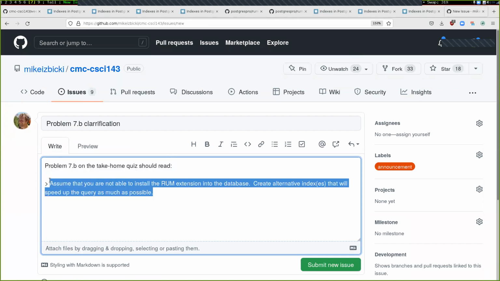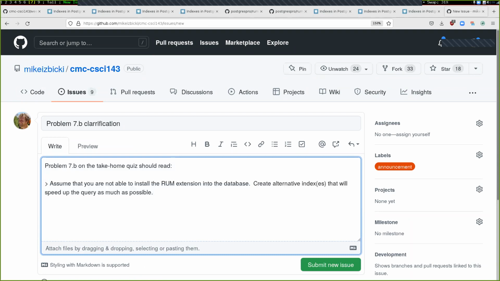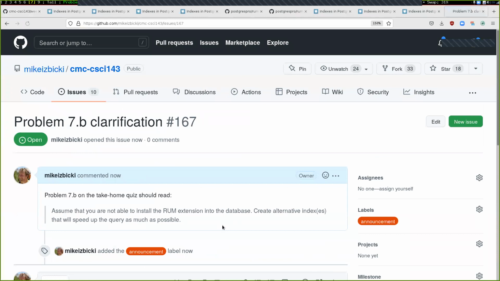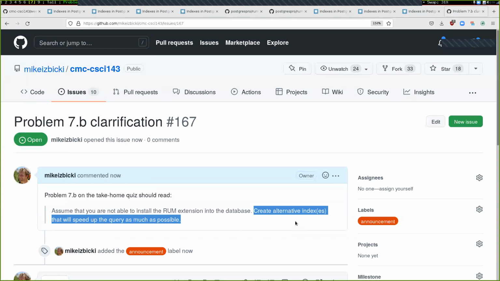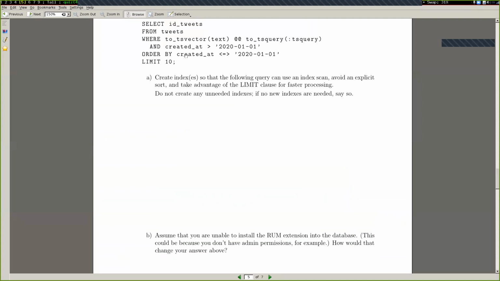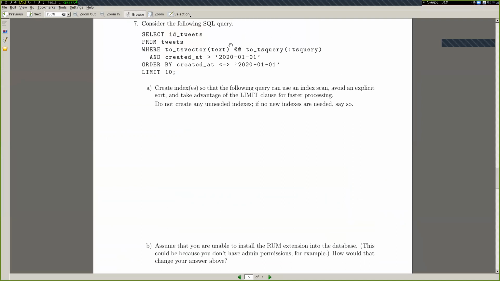This should be the alternative text that you should use to actually answer the question. So create alternative indexes that will speed up the query as much as possible if you're not able to make a rum index. And so the thing that you should be thinking about for that is make a gin index, and that'll do the full text search right here. You're not going to be able to speed up the order by in the limit clause in any way, but you still could speed up this other